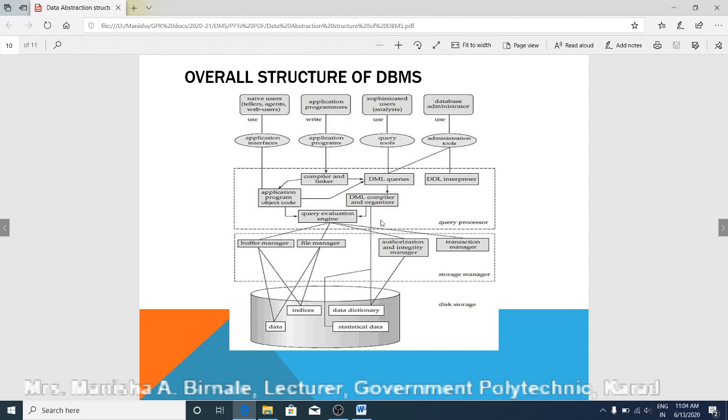So this is the overall structure of DBMS. It has components like disk storage, which actually stores the data, indices, data dictionary, etc. There is a storage manager component which is responsible for retrieval of data from the database and storage of data in the database. There are different software subcomponents of the storage manager like buffer manager, file manager, etc. Above that, there is a query processor component which is responsible for processing and executing the query,